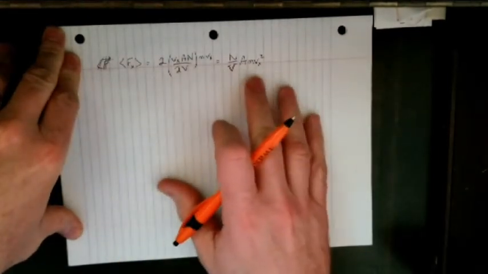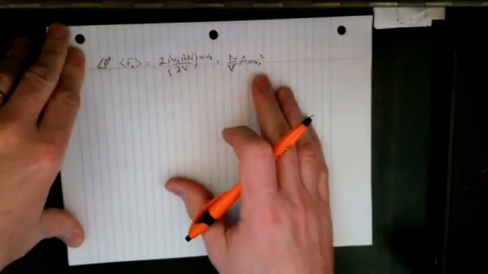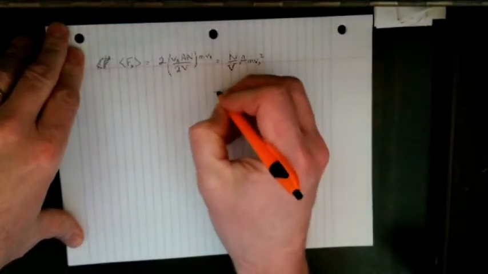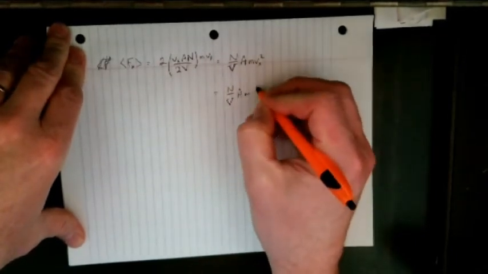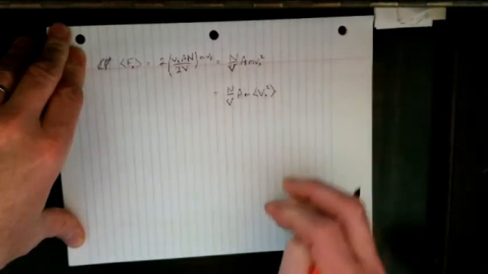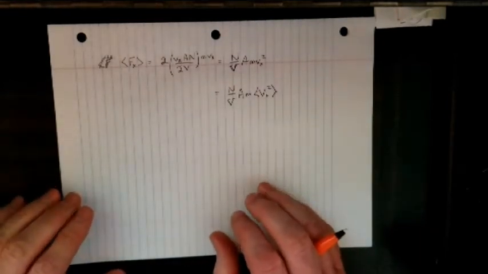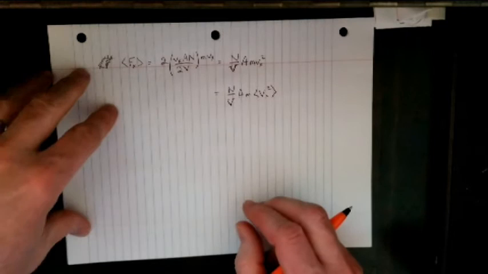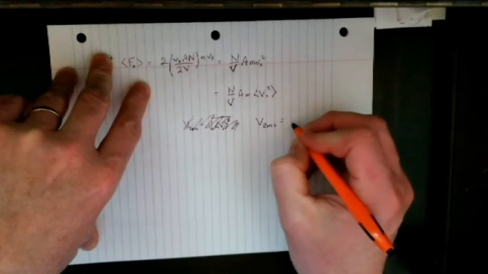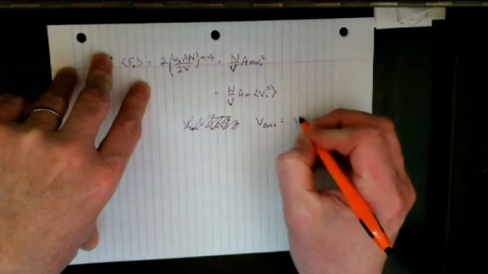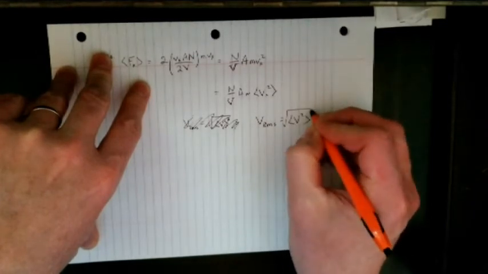Now we can generalize this slightly because we've been working under the assumption that Vx is the same for everything, that everything's traveling the same speed, and that's really not true. So we can generalize it by just taking the average value of Vx squared. Now recognize, adding a little more reality, the fact that particles are traveling in every direction. The RMS value, the root mean square value, is you take the